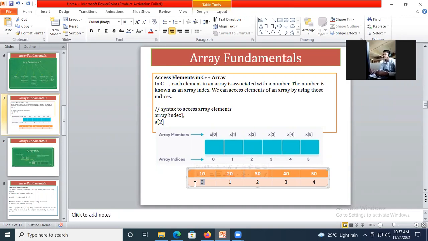So if I wish to retrieve this 30, I can write a of 2. That means at index 2 I wish to take the output value: 0, 1, 2. So this will retrieve 30 as my output.